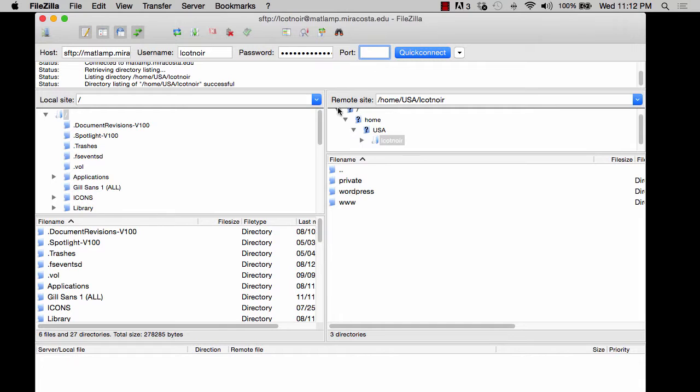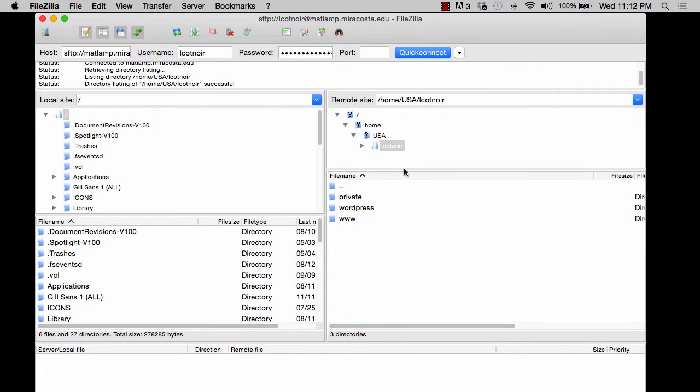It's going to drop you on the right side into your home directory for the Matlamp server, and it's going to be your directory that you have highest level of access to. Okay, and what you see automatically is that mine says Elcotner, yours will be your W number. And what I am not 100% sure about, because I'm an instructor, I have different level of privileges, I'm not sure if you're going to see this part where it says